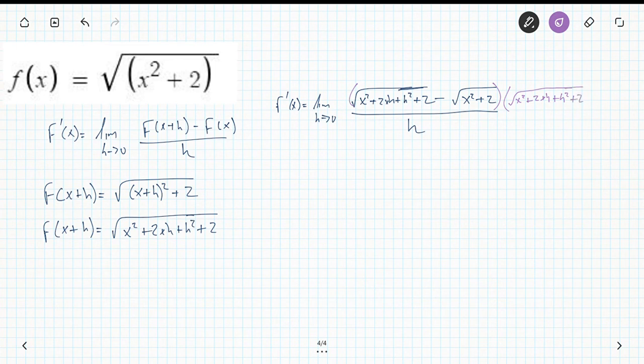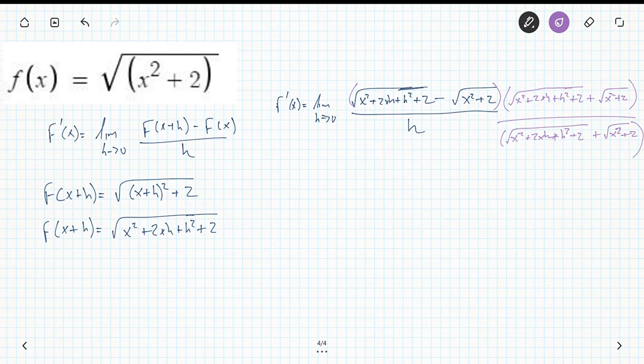Instead of writing a minus, you're going to write a plus and x squared plus 2. Close that. Do the same thing at the bottom. So that is going to be x squared plus 2xh plus h squared plus 2 plus x squared plus 2. Okay,